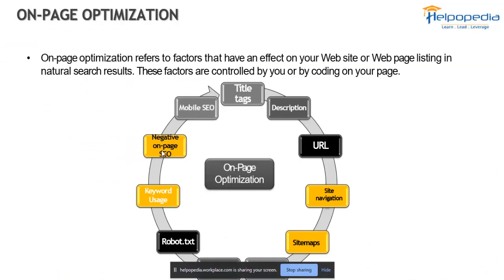Then we have negative on-page SEO. So now what is negative on-page SEO? Say you want to remove some of the results from the search engine that you are searching for. But actually, we do not use negative on-page SEO nowadays because that is not used. We only optimize the keywords that we want to use on our website.